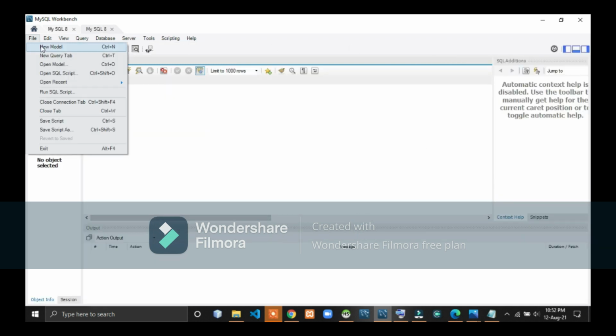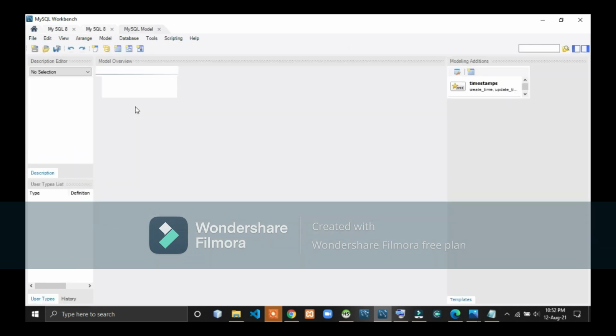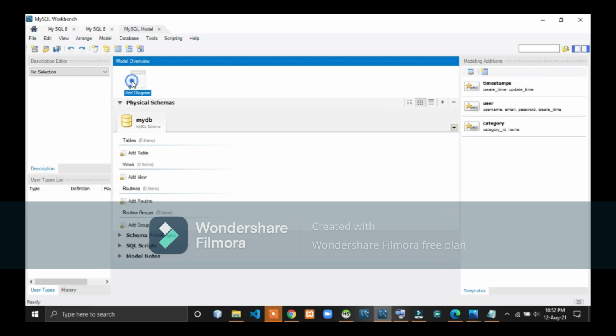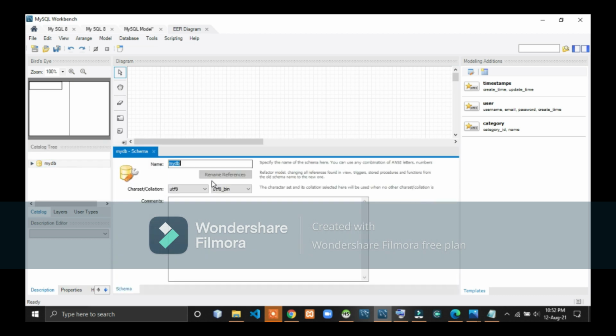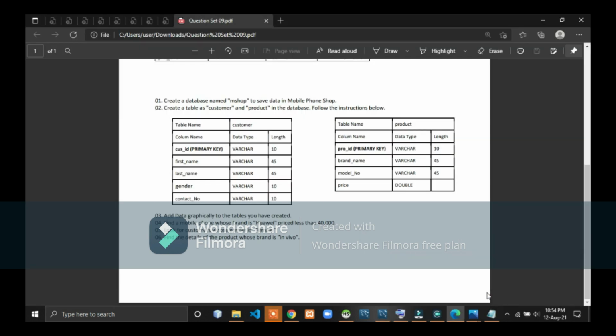File, new module, and you can add diagram. So here I'm going to name the database as mshop. I have done my first question, and now I'm going to